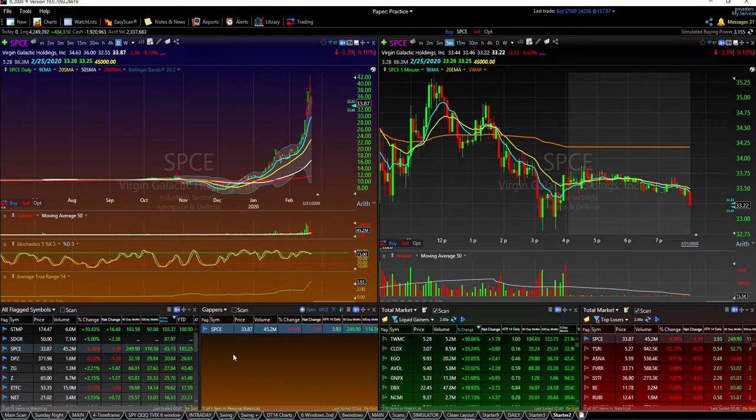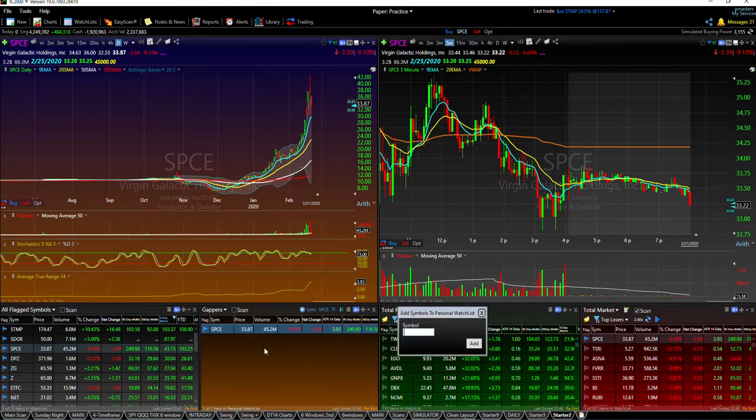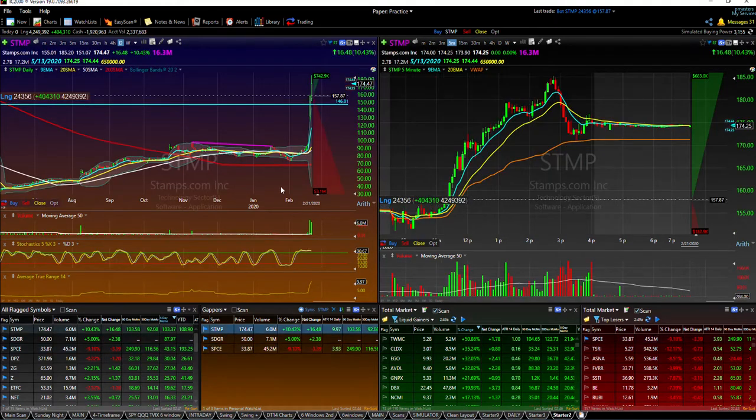So let me just add a few stocks here. Let's say Stamp. I think Stamp was one of the ones that was on there this morning. I think SDGR, right? I think that was on there as well. So let's just say this is my gap list for the day. So this is the stocks that I did homework on the night before. So I can go down this list real quick on my gappers and look at it and say, you know what,